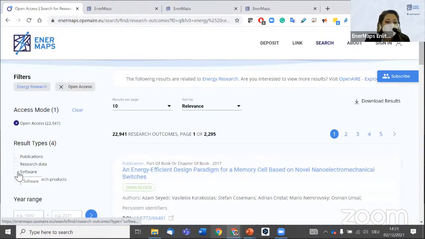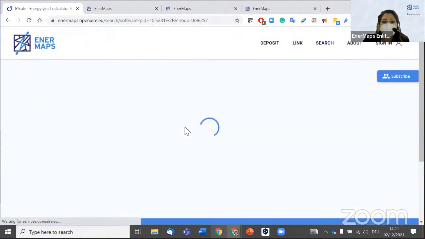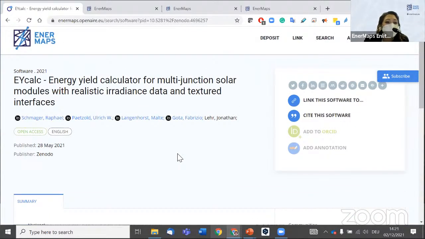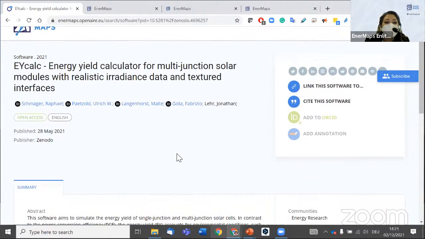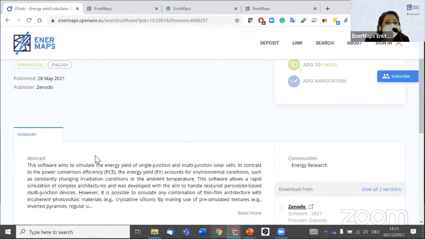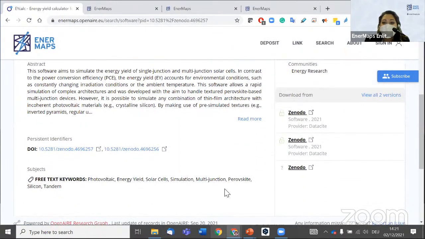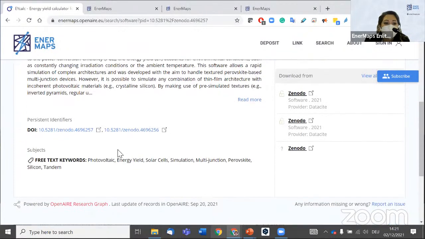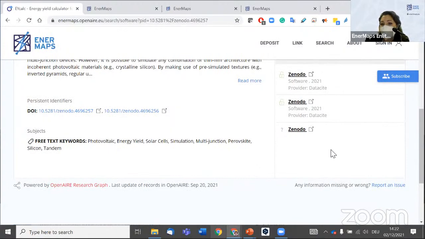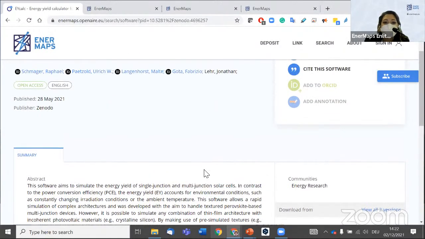Let me then go back and show what happens with the results that are software. For instance, EY Calc, energy yield calculator for multi-junction solar modules with realistic irradiance data and textured interfaces. It was published earlier this year by Zenodo. There is an abstract and the DOI number and the keywords and the links. And for some of them, you said that there is a dedicated section.